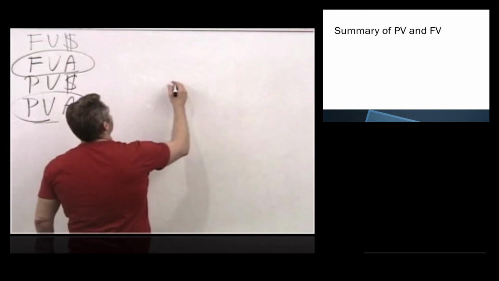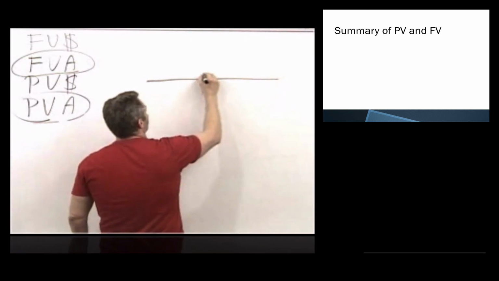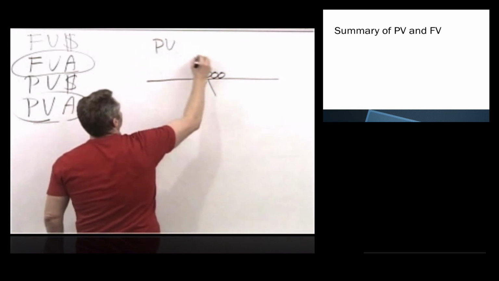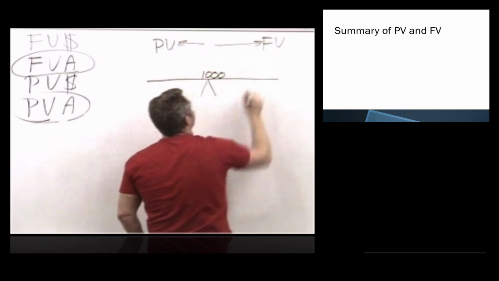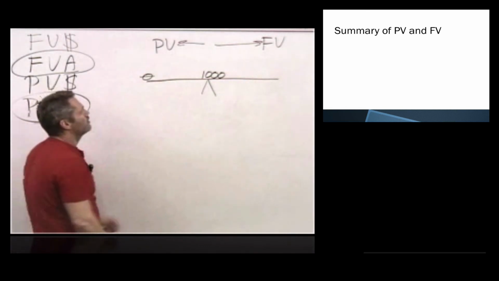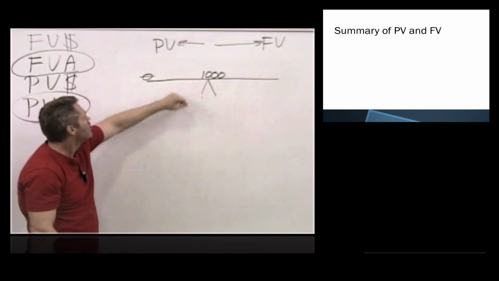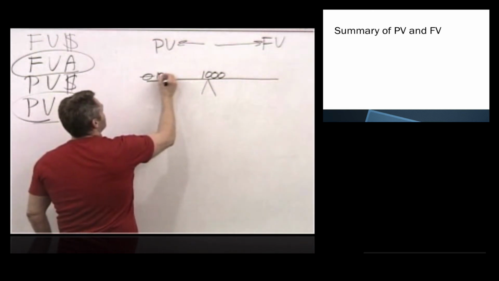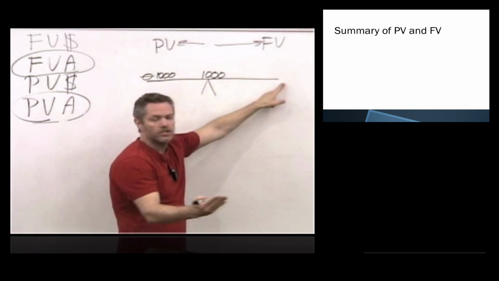Well, what I want you to think about here is a teeter-totter. You've got $1,000 today, and we're looking to go to present value, moving back in time, or out here to future value and going forward in time. If the interest rate is 0, then the slope of this teeter-totter is 0. So $1,000 moving back when there's absolutely no discount is $1,000. $1,000 going out into the future when we're getting zero investment return